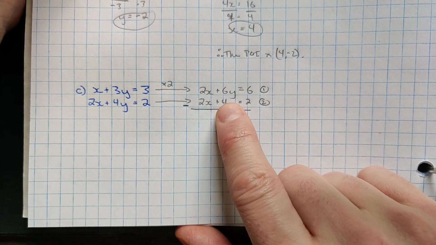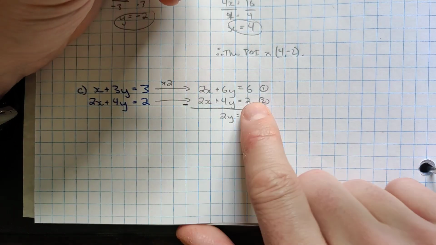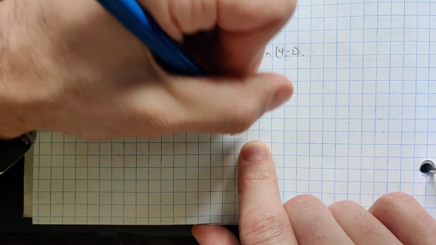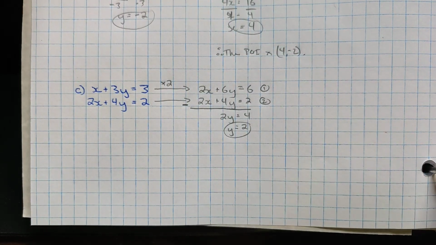So I'll subtract 4 from 6 as well. I'm going to be left with 2y. Subtract 2 from 6, and I'm going to be left with 4. y equals 2 when we divide both sides by 2. There's my y value. And then finally,